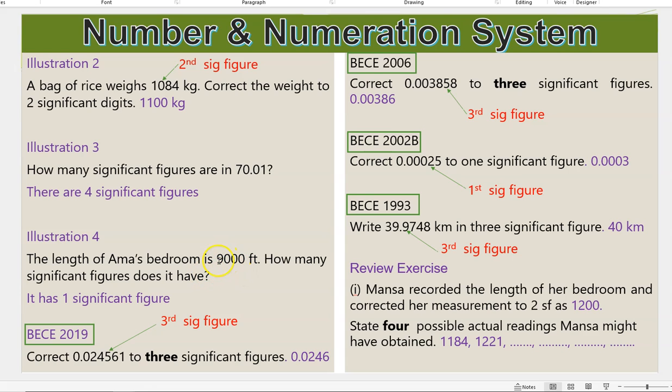This 9,000 has only 1 significant figure. Basic Education Certificate Examination 2019. Correct